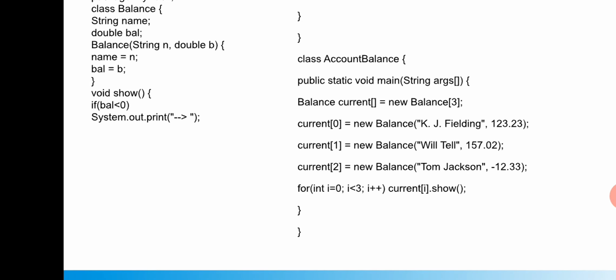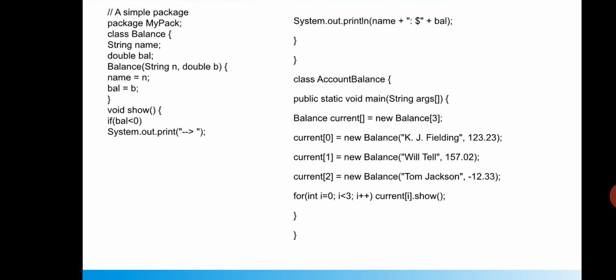Inside the main method you are creating one array, an object array, isn't it? It is an array of objects, isn't it? Current of something, correct? Balance is the class name. You are creating an array object. Then you are actually creating three objects using the array, correct? Now current of 0 is one object, current of 1 is one object, current of 2 is another object. There are a total of 3 objects for the class balance, and using the 3 objects,